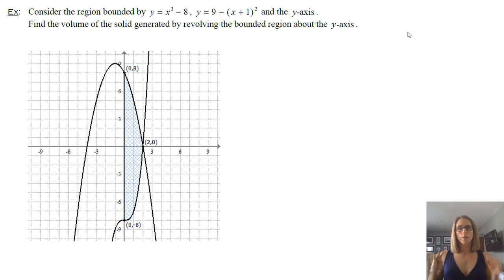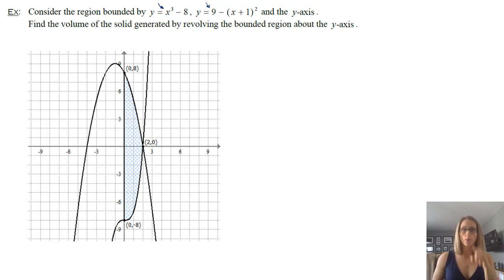Okay, so sometimes just know that all we're going to do is set up an integral. We don't need to evaluate all of them. And even on quizzes or exams, I may ask you to do some sort of setup without actually doing the complete evaluation, because that really is the most important part, and then it becomes problems like we saw back in chapter 4. So we have a region bounded by y equals x cubed minus 8, and y equals 9 minus (x plus 2) squared, and the y-axis.